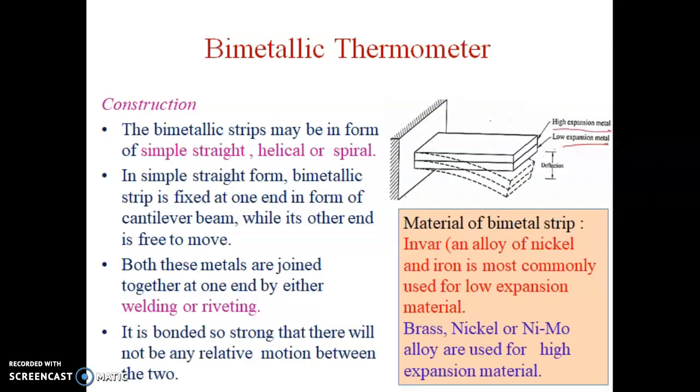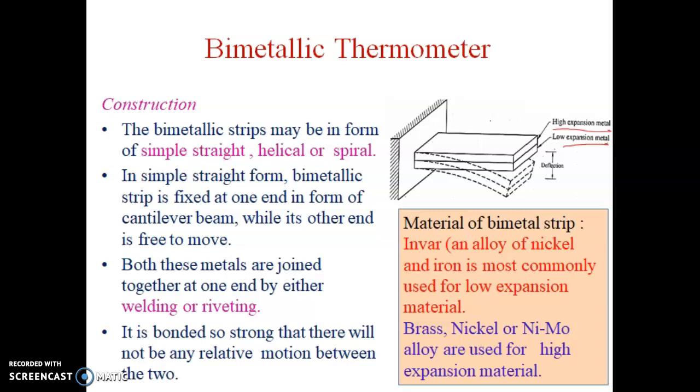The bimetallic strips may be in the form of simple straight, helical, or spiral. In this example, we are considering a simple straight one. In this, a high expansion metal and a low expansion metal are welded or riveted together to prevent the relative motion between the two. This is made in the form of a cantilever fixed at one end and other end is free. Most commonly, Invar is used as a low expansion material,